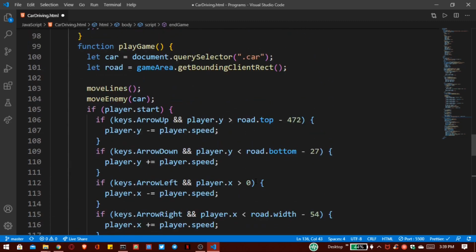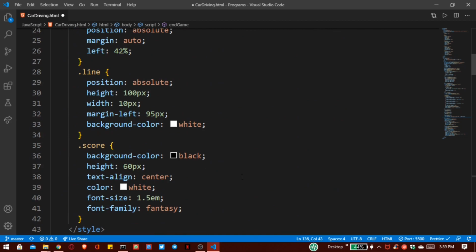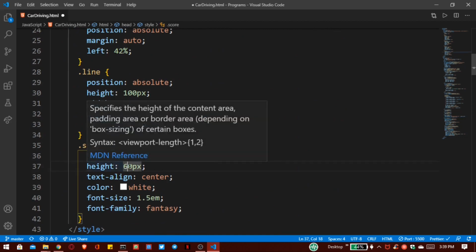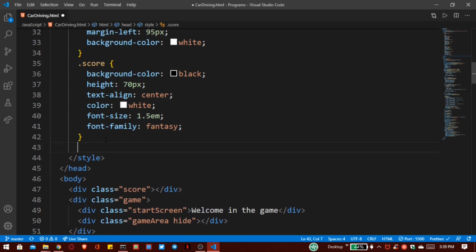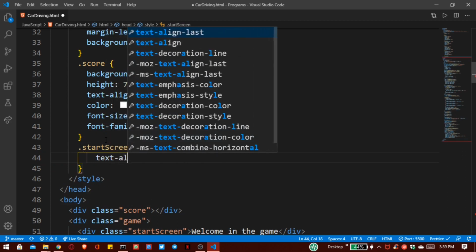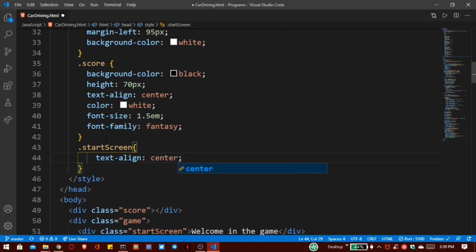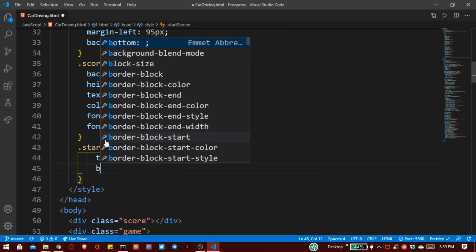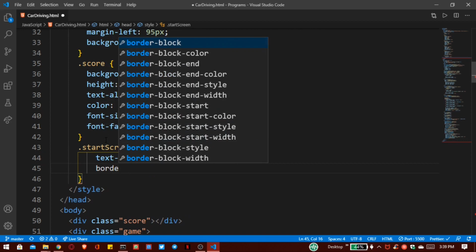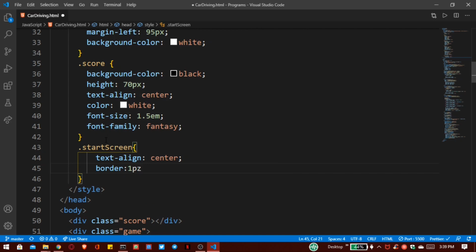Now I want to add a little bit of styling for the start screen. First for our score, I want to increase our height, and now for our start screen, text align is center. Then border 1 pixel solid red.